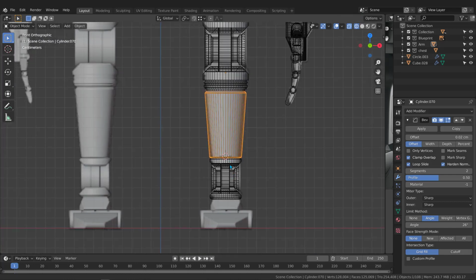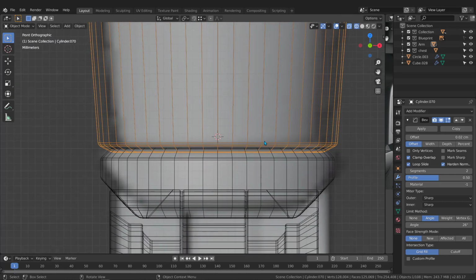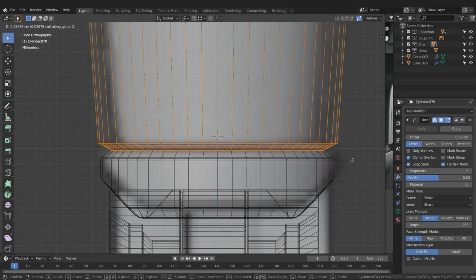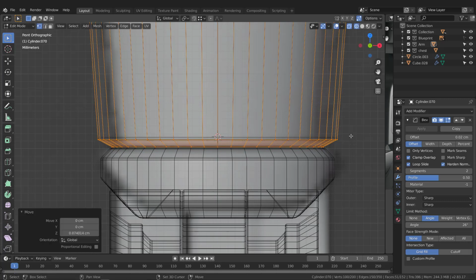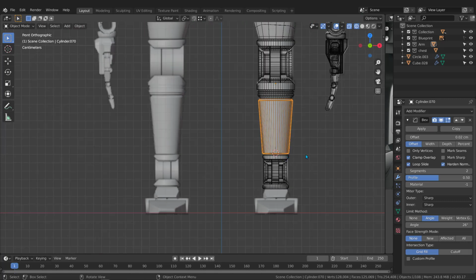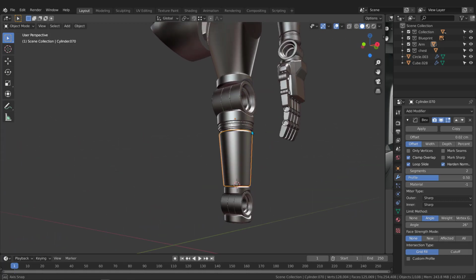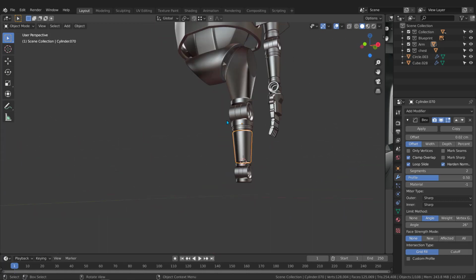and let's see what we got here in this area. Well, we have overlapping. Tap to the edit mode again, grab these vertices, G to the Z, and just like that. Well, we got this result very fast and very clean. Well, now we need to create